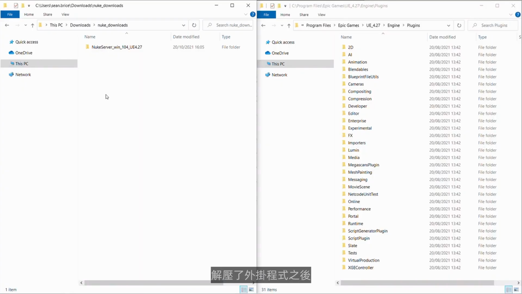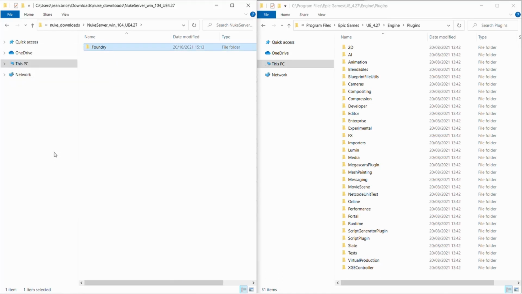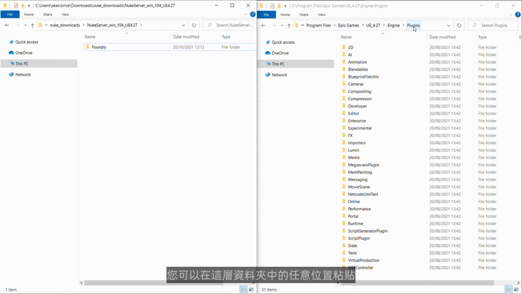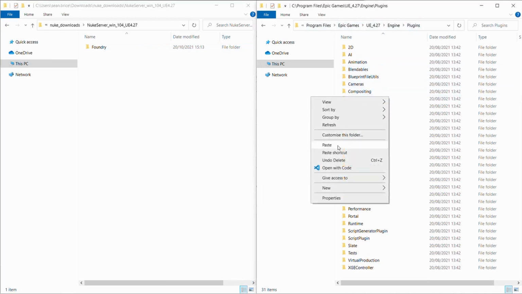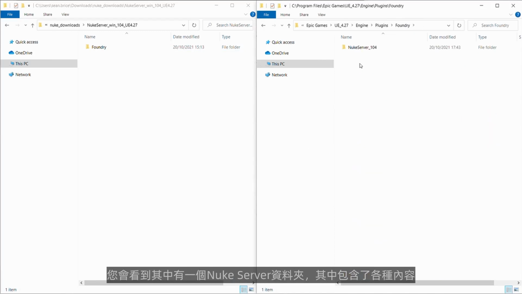Once you've extracted the plugin, you'll have this top level folder which you can click into. Inside there'll be a Foundry folder. Right-click on this folder and copy it. Then go into another browser window and go to Program Files, Epic Games, UE427, Engine, Plugins. You can paste anywhere at this level of the folder. If we have a look inside the Foundry folder, you'll see that there is a Nuke Server folder that contains